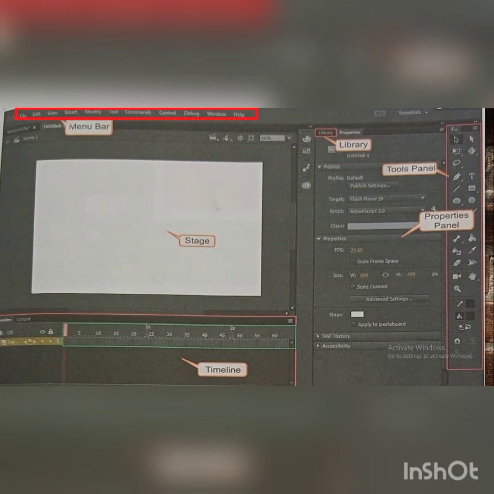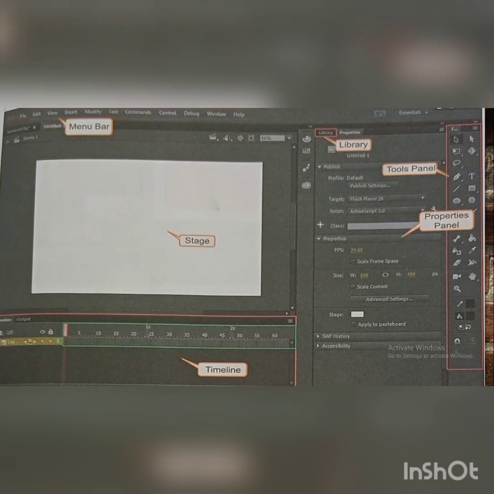Menu bar is a bar that contains various menus, and when you click on any menu, it will display submenus. Like if you want to open a file, you will click on the File menu and then you will get the option Open. Same like that, if you want to open a new file, you will click on File and then New. So it contains submenus. By clicking on a submenu, you can perform the action.